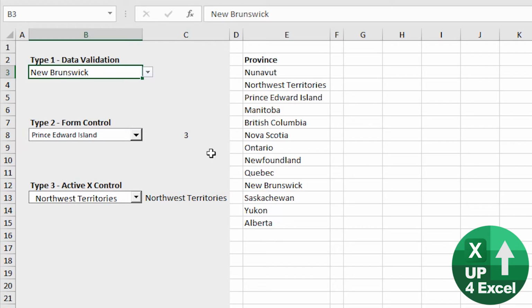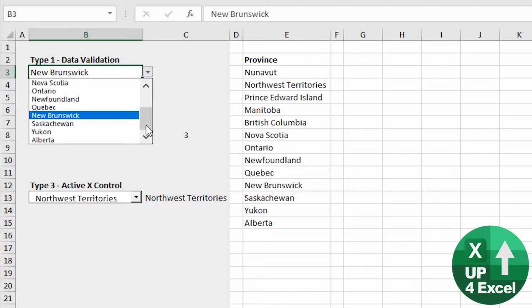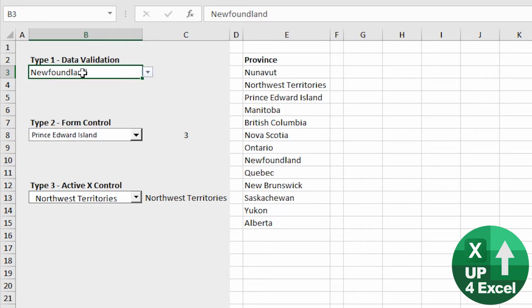Right, I've set up this spreadsheet here. I've got 3 different drop-down list types on it. Type 1, data validation. Effectively, you can just scroll down and pick your name and it puts it straight into the cell that you've got. So great for data entry, very simple to set up too, but nowhere near as configurable as